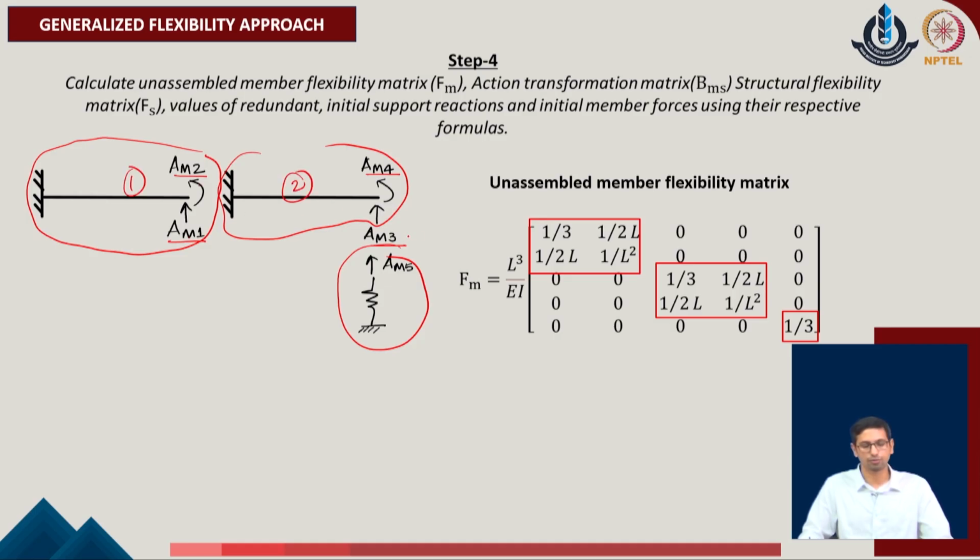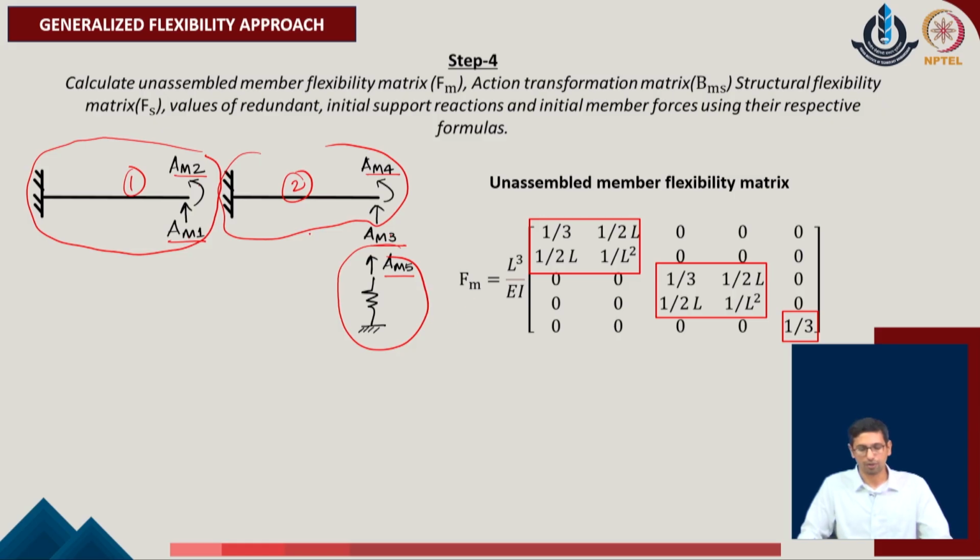So, there are two sets of forces similar to the translation and the rotation of the given system. Corresponding to that, the vertical shear and the moment of the given system have been released, but the member 3 happens to be a spring system which can only have the axial forces, and that is defined with the AM5 component of the given system.